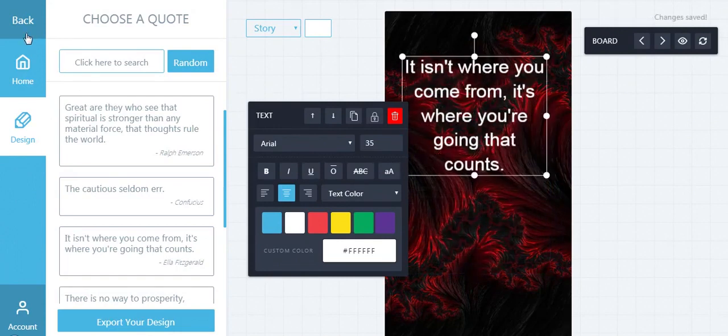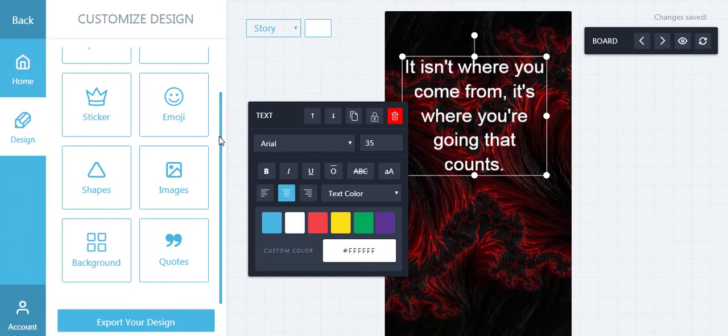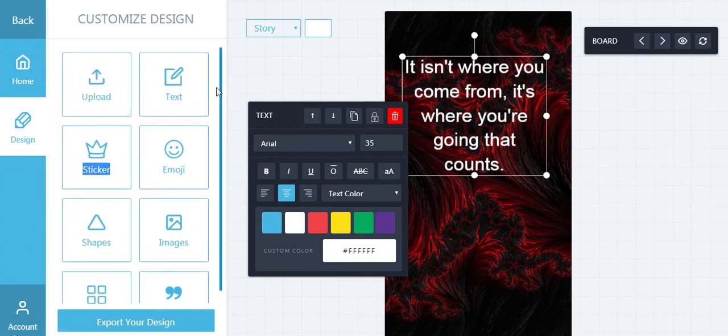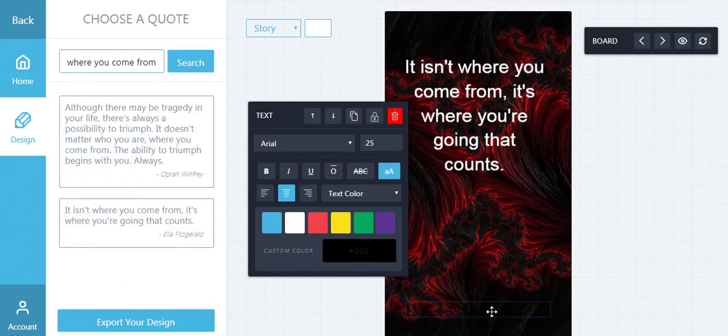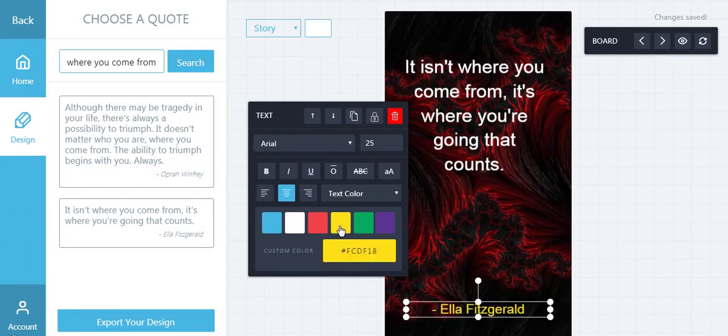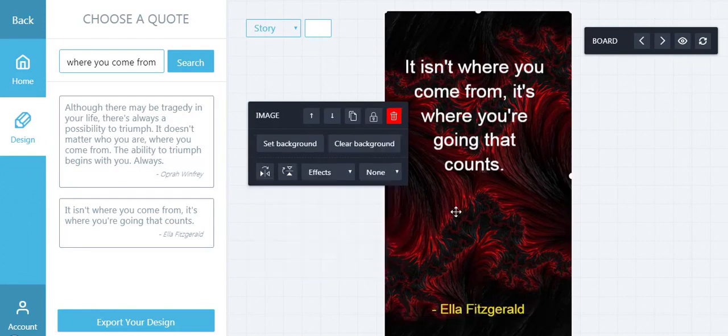I can also come over here and pick a text tool. Let's say I want to drop that. I can just copy this and rotate it there, right? And my text is not seen, so I could just select this and make it yellow. Okay, that's that. Right, so once we're done with that design, all we need to do is come down here